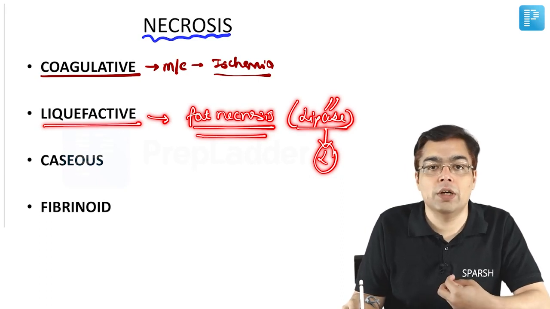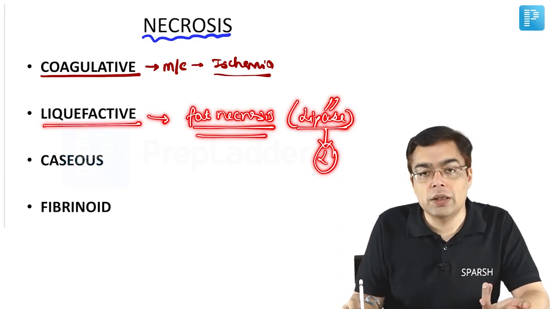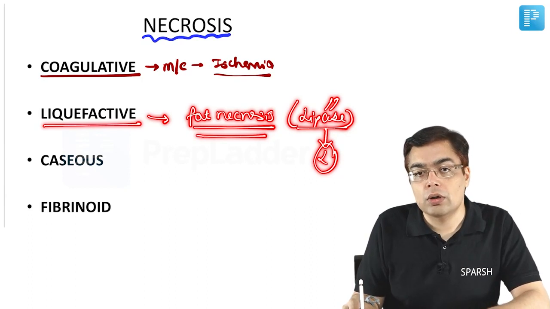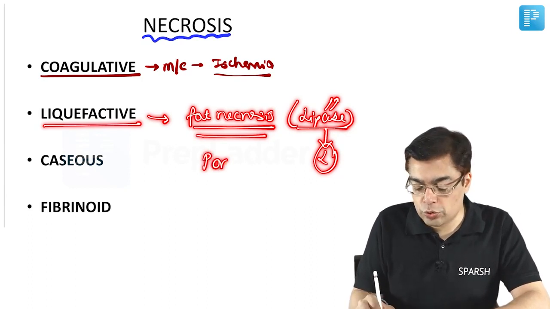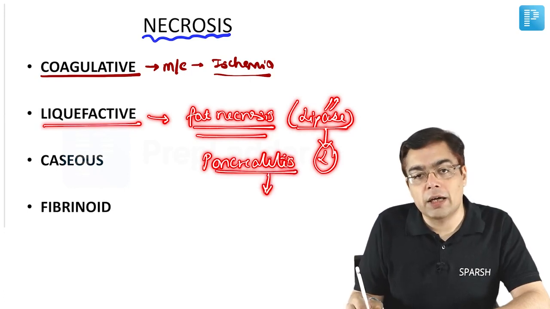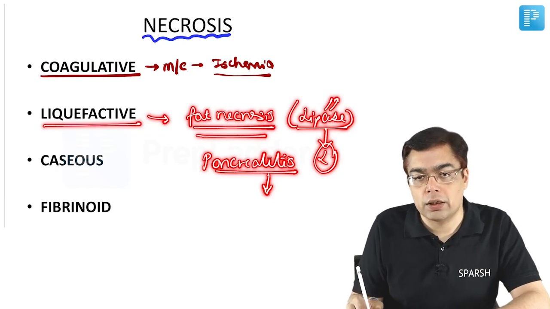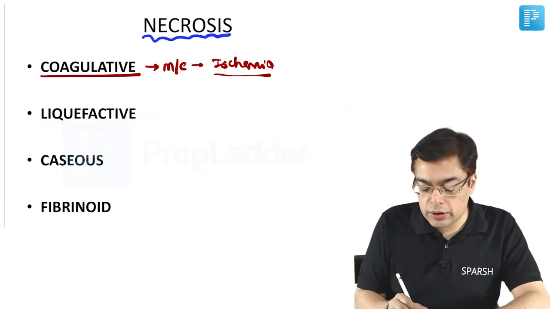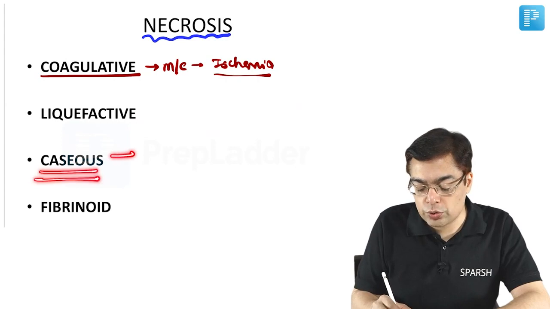Say for example, an injury to the breast tissue, or an injury to the omentum, or the commonest example being cited in the exams usually by the boards is a patient who is going to be suffering from a condition like pancreatitis, wherein the peripancreatic fat is going to be showing you the presence of fat necrosis. Whenever we are going to be talking about caseous necrosis, it is going to be a special type